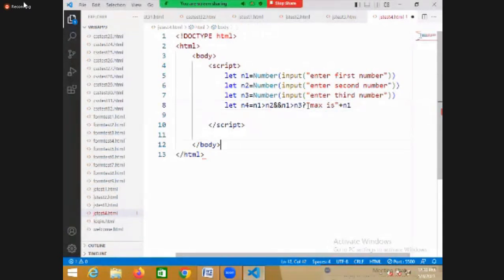Now, which value is assigned to this variable? Max is N1 is assigned to which variable? N4. So can you call this N4 a result or not? Yes. Then otherwise, I just write a colon. Colon here is else. See here, N1 greater than N2 and N1 greater than N3, assign which value? Max is N1 is assigned to result. Else